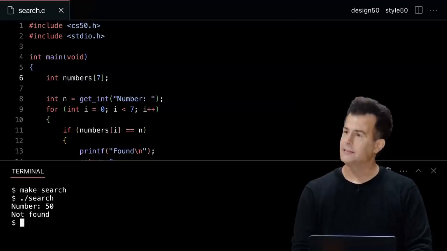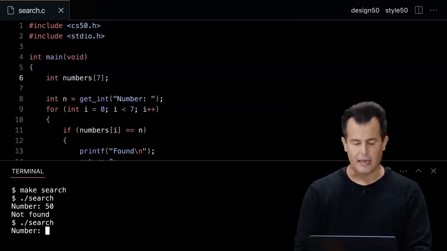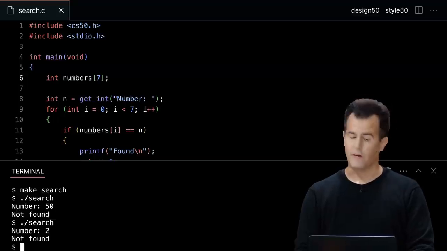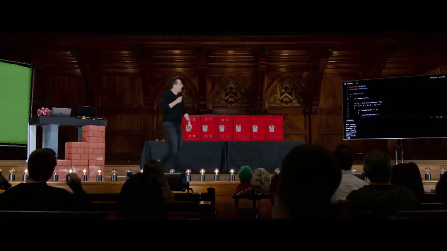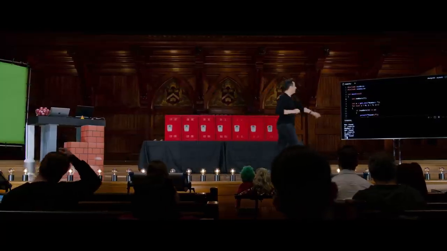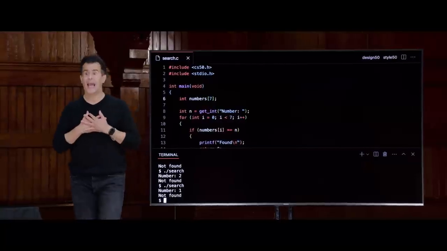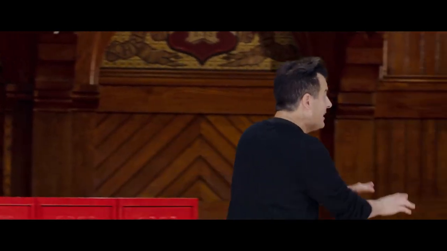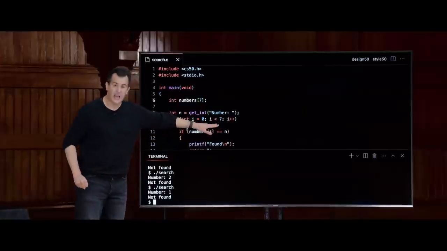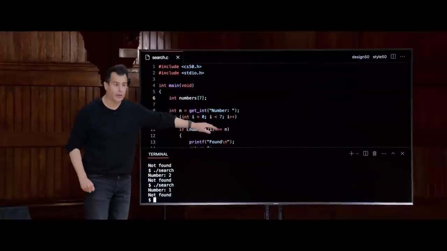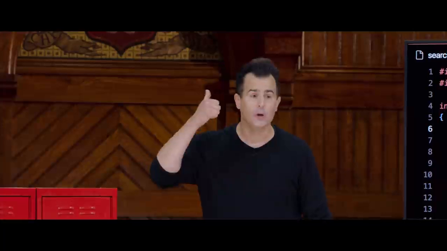Enter. And at least it was not found here. Let me go ahead and try again. Let me search for the number 2, not actually found. Search for the number 1, not actually found. And I could poke around all day long, but it turns out I'm probably just getting lucky here. Why? Well, this loop, no matter what, is going to check 7 locations. But I have not put anything in any of those 7 locations. But recall from last week, we sometimes saw those garbage values, sort of remnants of memory that, of course, exist, but maybe had been used for some other value previously. At the moment, I think I'm just getting lucky that among the first 7 locations in the computer's memory, I just didn't end up with a garbage value 50 or 2 or 1.